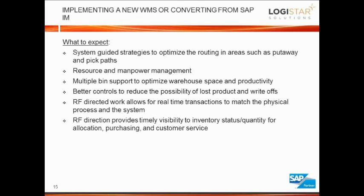So what to expect when we get into a warehouse management system: system-guided strategies, optimizing the routing through areas such as putaway and picking paths; resource and manpower management, understanding what resources can go where, how many resources we have, how many FTEs we've got on the floor, how much workload I have to do, and the comparison between the two; multi-bin support, being able to optimize the space and productivity; better controls to reduce the possibility of lost product